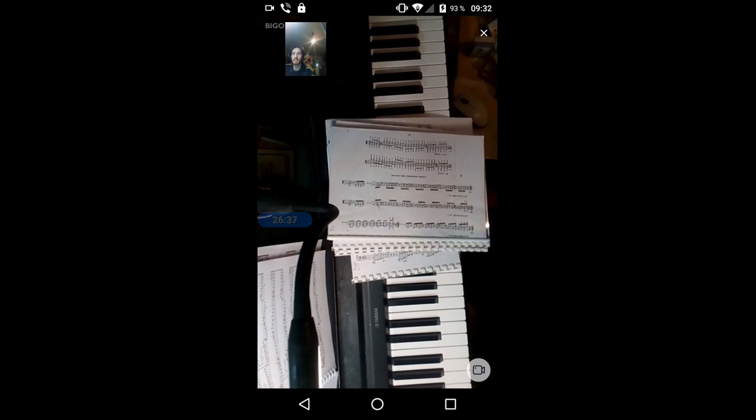And the last one, scale degree 6, what's that called? Scale degree 6 is called